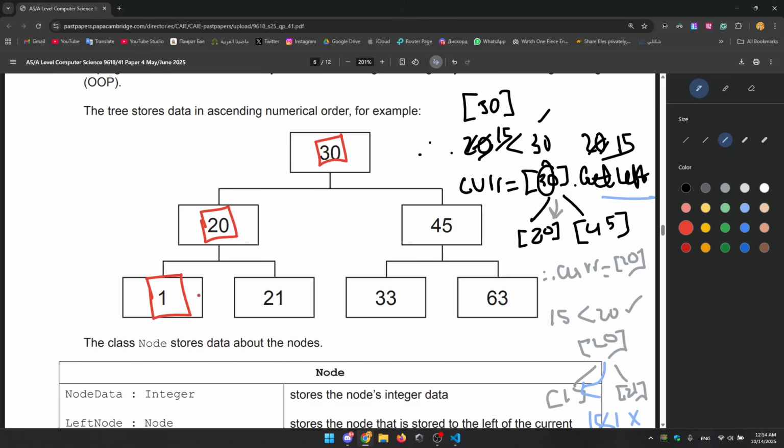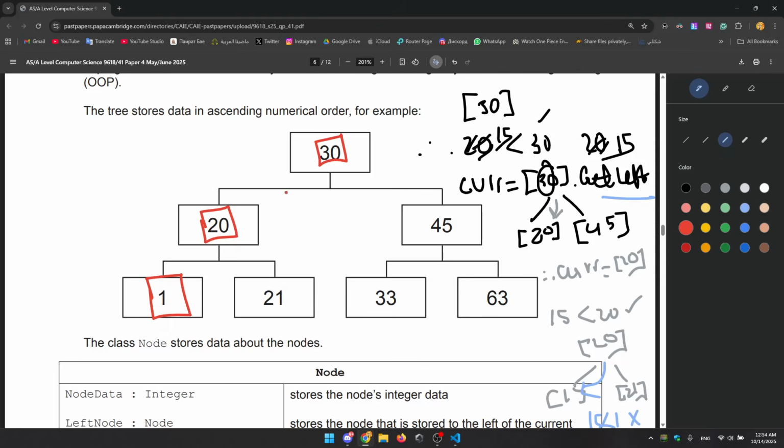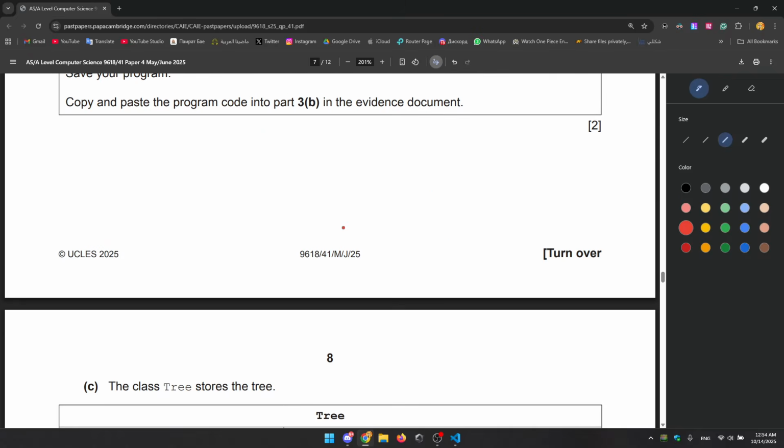In this case, what's going to happen is, do we have a 1? The answer is yes. Is it none? The answer is yes, it is none. So it's going to be outputting 1 in this case. Okay, so it's outputting 1. After that is the case, we have to do recursive backtracking. So it's going to go back to 20, and then it's going to come back here. So you might be asking, wait a minute,